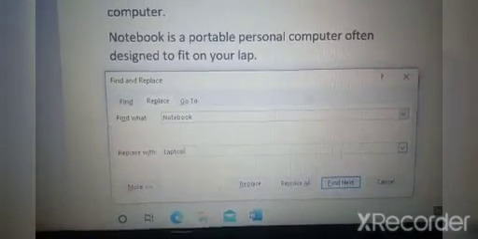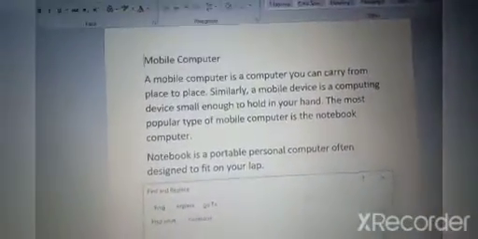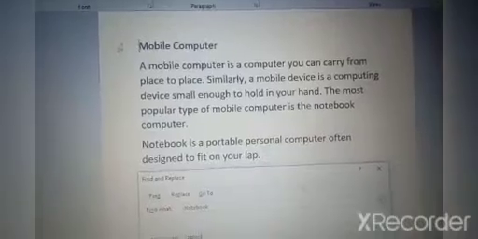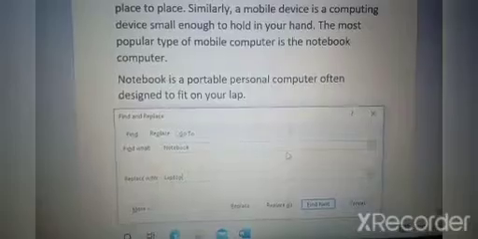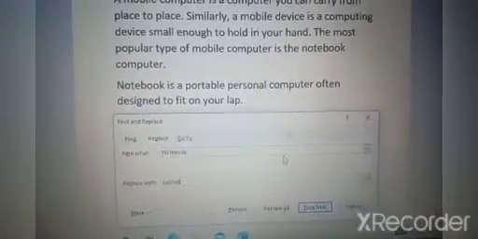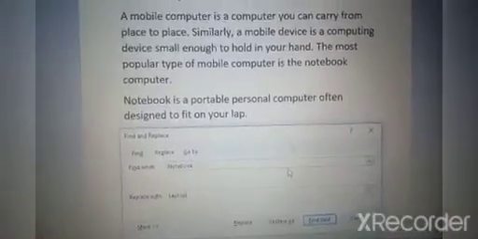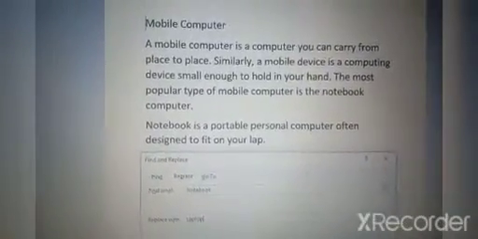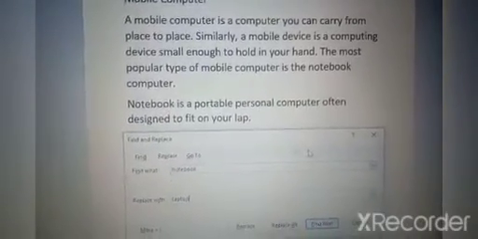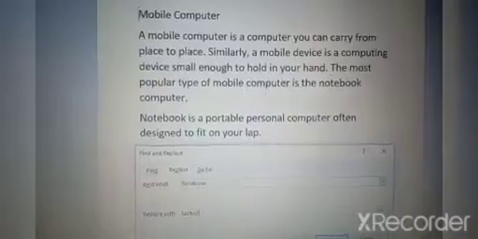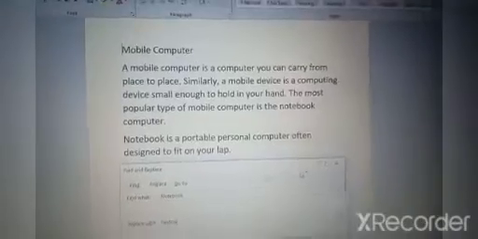Notebook, and replace it with laptop. Okay, so now our cursor, our blinking line, is at the top. We have given a command: find notebook and replace it with laptop. Now children, see where we want to replace, not here, we will replace it here. Here also we will replace, and below also one notebook is there, there also we will replace it.